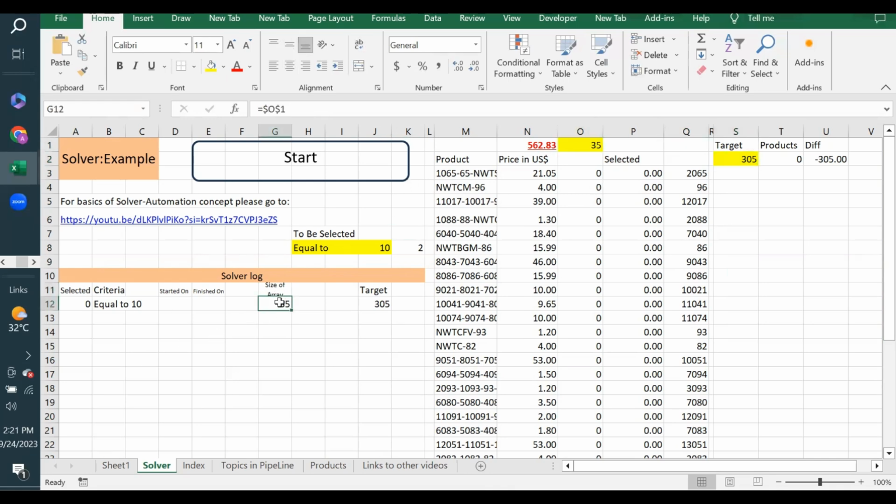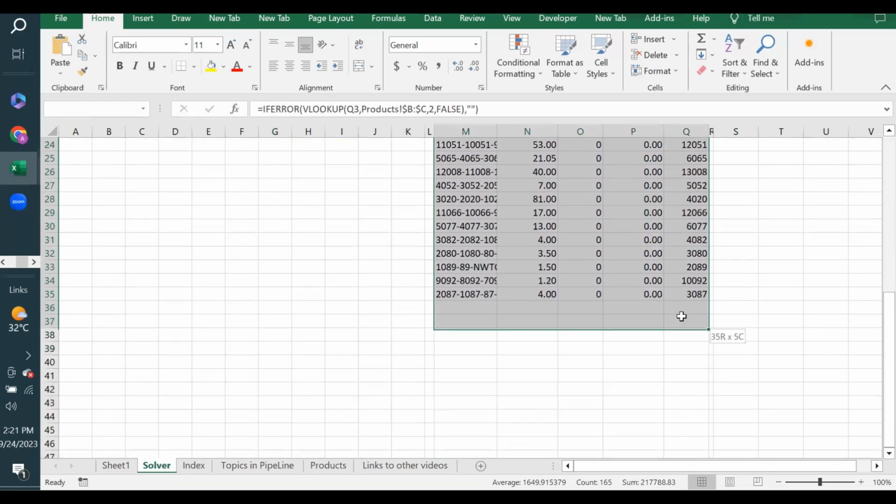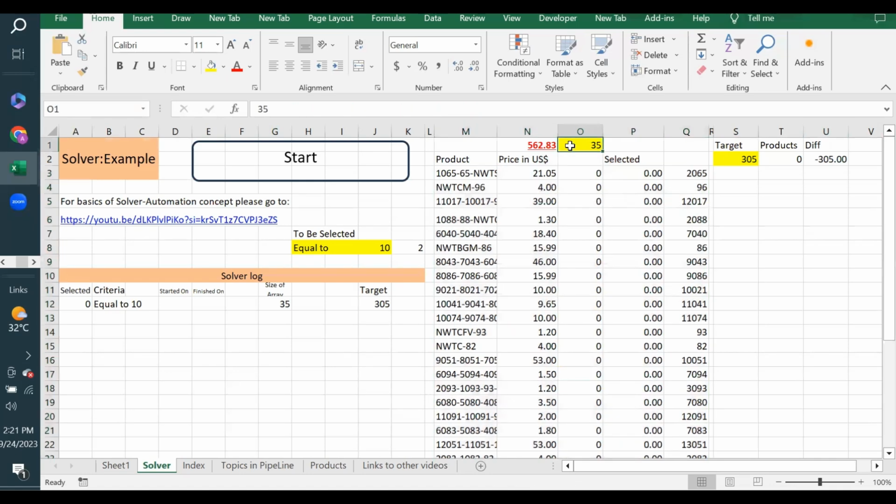This is the size of the array. That means which the solver uses. Solver does not directly use this. Actually, it uses this portion, the 35 rows, or whatever the number of rows you choose. At the moment, it is 35 rows, yeah, and you can change it. Means you can make it 100. Obviously that is going to take long for the solver to come up with the selection. Anyway, so here is the mechanism in which it